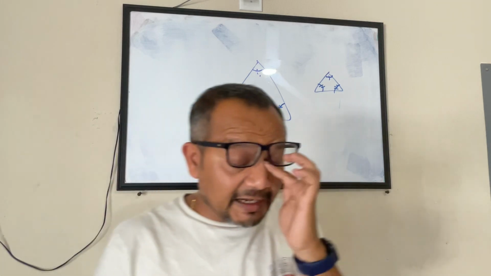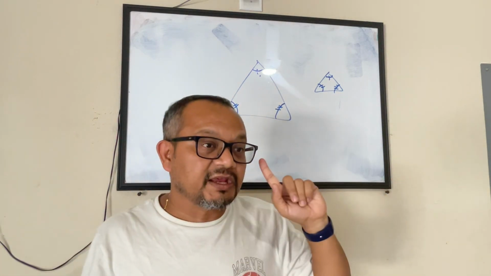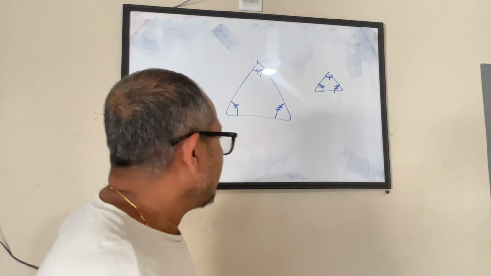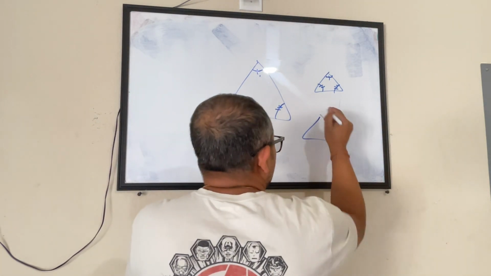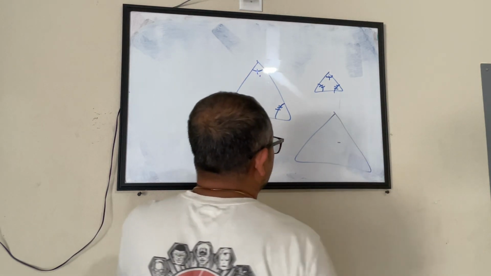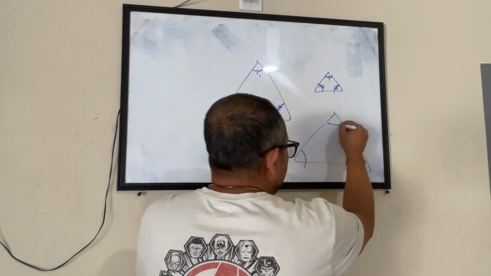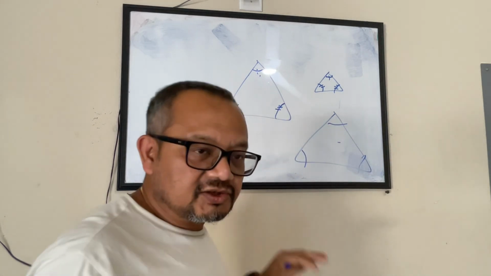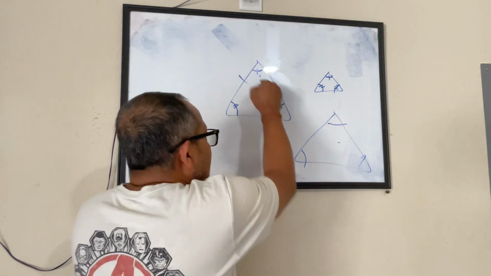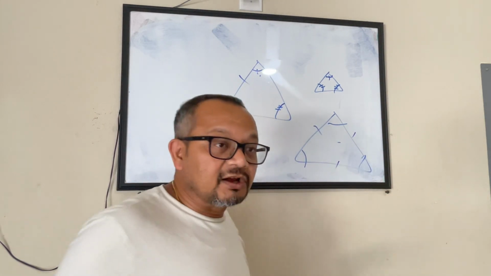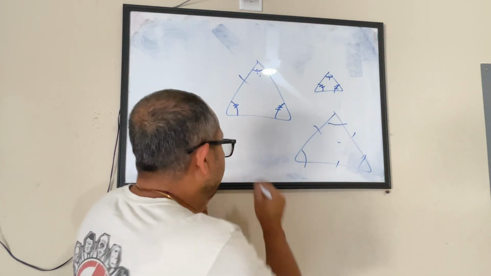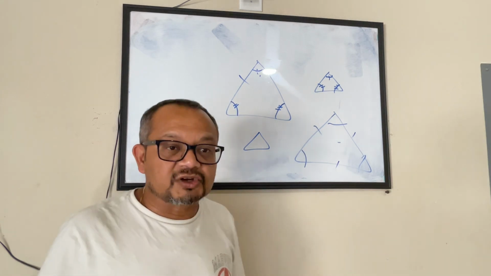It doesn't mean that two things being similar have to be always squeezed. They can be same and similar both. Let's say this triangle and this triangle can have matching angles, so they are similar, and they can be same also, meaning sides also matching. If sides also match, then they will be similar and same both. But then, if I am looking at a smaller version of it,